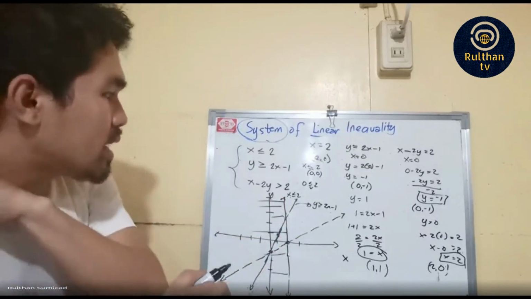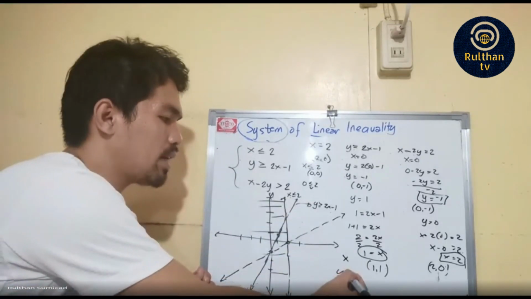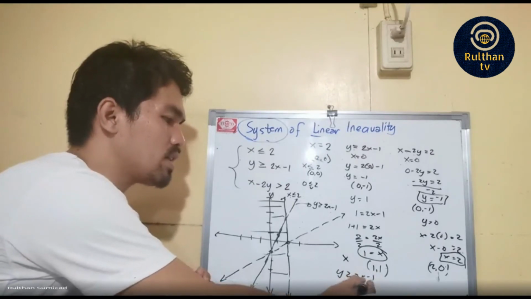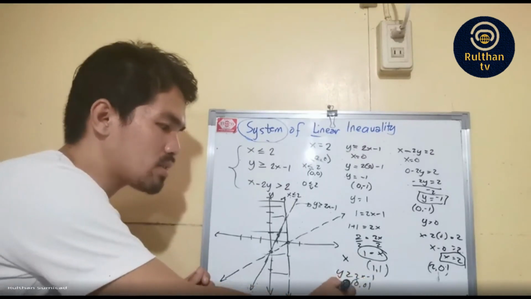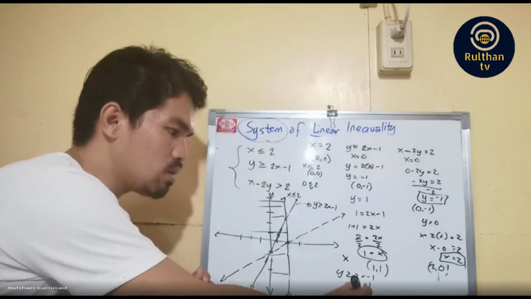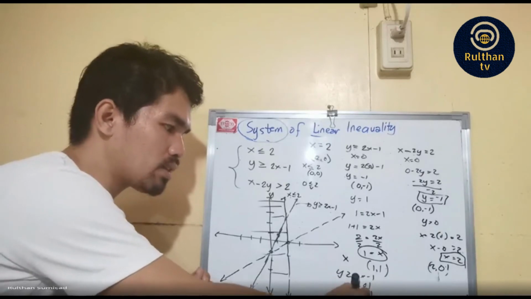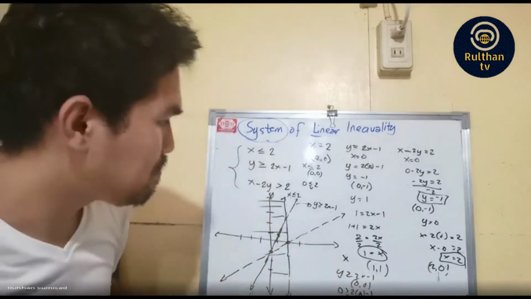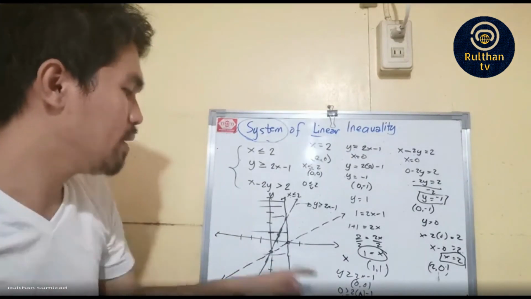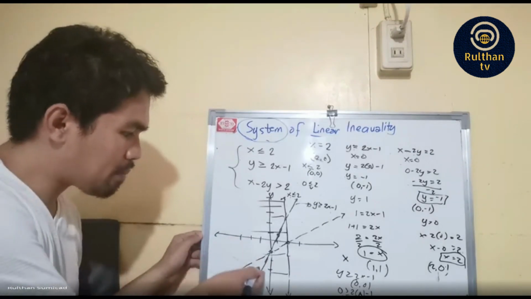Okay. For the second inequality, y greater than or equal to 2x minus 1, at (0, 0), what will happen? That's 0 greater than or equal to 2 times 0 minus 1, that is 0 greater than or equal to negative 1. True or false? True also, 0 is greater than or equal to negative 1. So therefore, the solution for the second line is going up here,